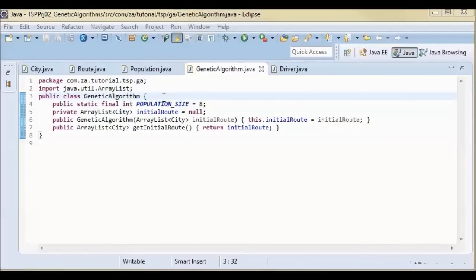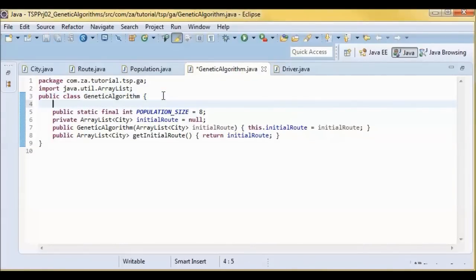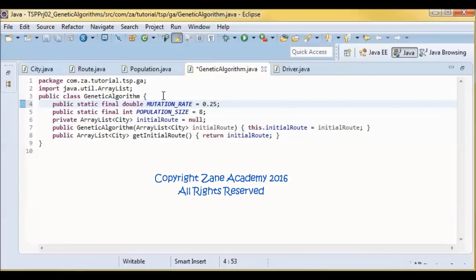And here let's add this mutation rate, and this is the probability that a chromosome gene will do random mutation, and the range is between 0 and 1, and is usually small. Now, for the traveling salesman problem, a chromosome is a route, and a gene means a city in that route.